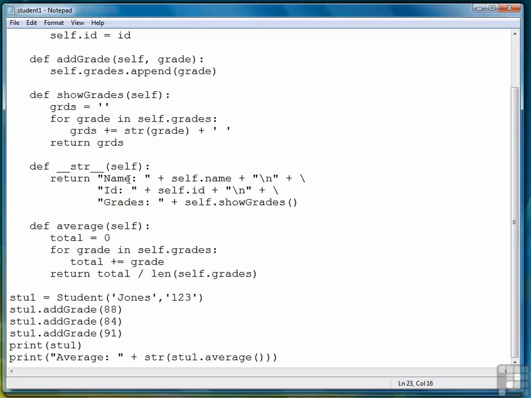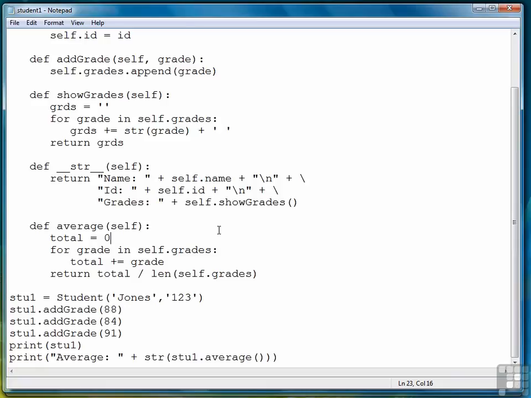So again, to summarize, what we did for this exercise is we added 2 methods. First, we added a toString method that displays the name, the ID, and the grades with helpful headings to let the user know what they're looking at. We certainly didn't have to use those, but it comes in handy to display the information in a way that you can understand. And then we created an average method that takes all the grades in the student object and